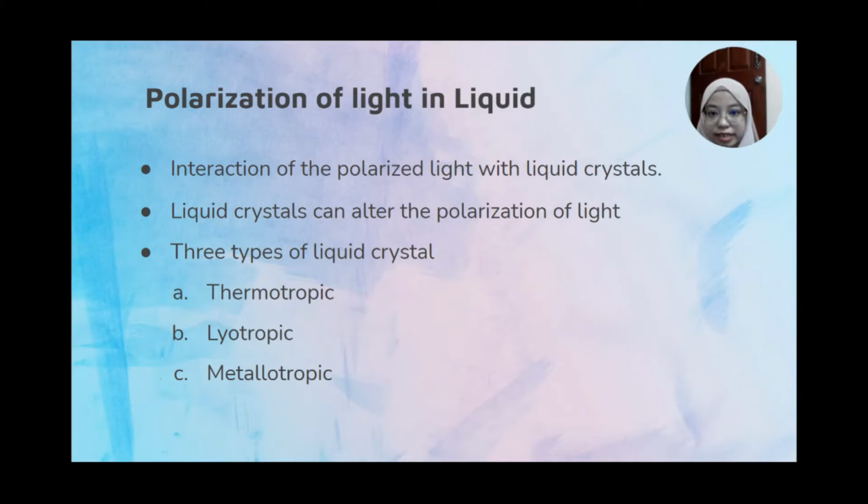Next, moving on to the polarization of light in liquid. In this experiment, we use liquid crystals, as we can see the interaction of polarized light with liquid crystals can alter the polarization of light. There are three types of liquid crystals: thermotropic, lyotropic, and metallotropic. Thermotropic describes the phase transition by using temperature, while lyotropic describes the phase transition by using the concentration of the mixture. And metallotropic does not only depend on concentration and temperature, but also on